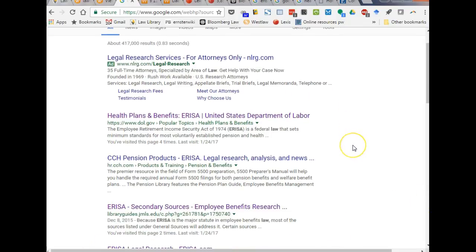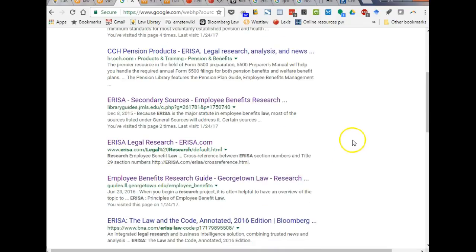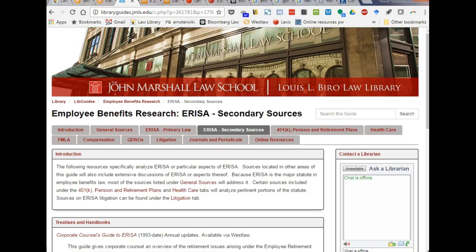And we'll take a look at some of these other sources in a moment, but let's scroll down. And how do I tell what is a research guide? Well, it says research. Or in the web address, I'll see something like library guide or libguide, something that suggests it. So guides.georgetown.edu, employee benefits research guide. So let's take a look at a couple of these in the hopes of convincing you that these are worth